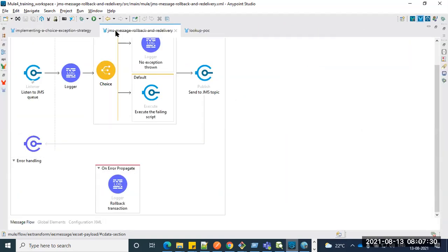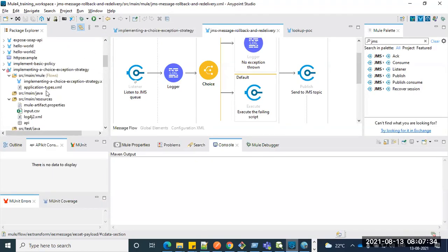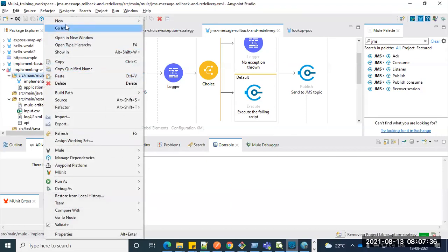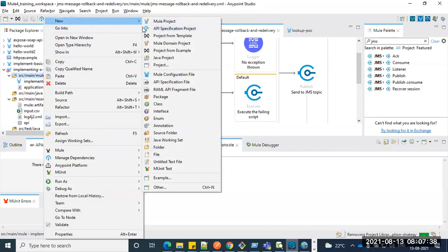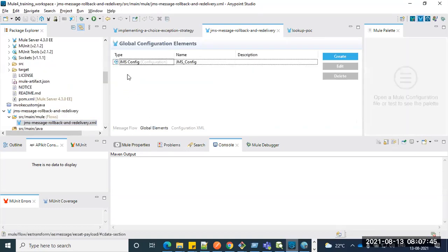If you remember, in an earlier session we introduced a global config.xml, and whatever properties and configuration we have, we push to that global config, not maintain in each individual flow.